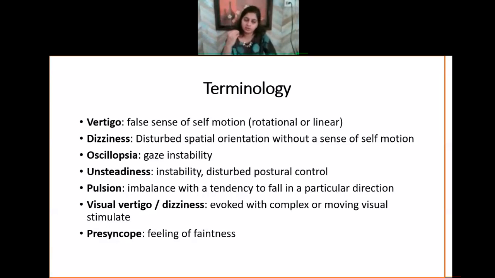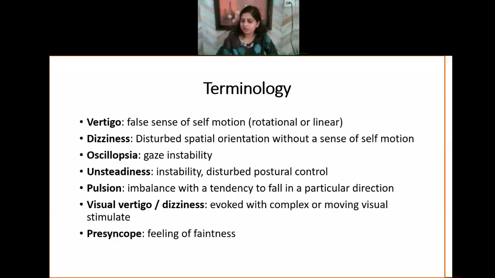If you are very thorough with your vestibular knowledge, if you have your hands-on tests, you are able to assess those patients to rule out whether it is vestibular related or whether it is neurological or orthopedic or musculoskeletal related. So for example, in India, there are so many people who are affected with dizziness, but because of lack of awareness, we are not able to diagnose them. We are not able to treat them.